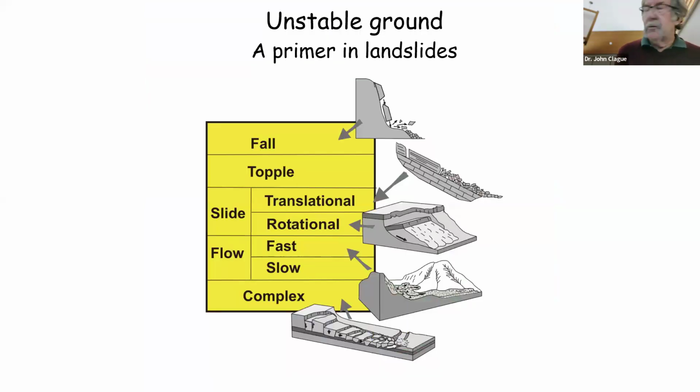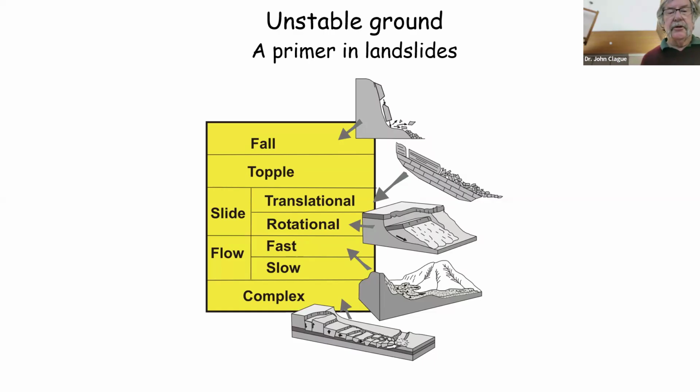And the first thing I want to talk about really is this. I'm not going to give you a lecture on types of landslides, although I will test you at the end. Don't worry about that. But there are many different types of landslides. So when we talk about the impacts of landslides on blocking streams, we have to be aware that only certain landslides will do that. And this is a very simple classification of landslides by the mechanism